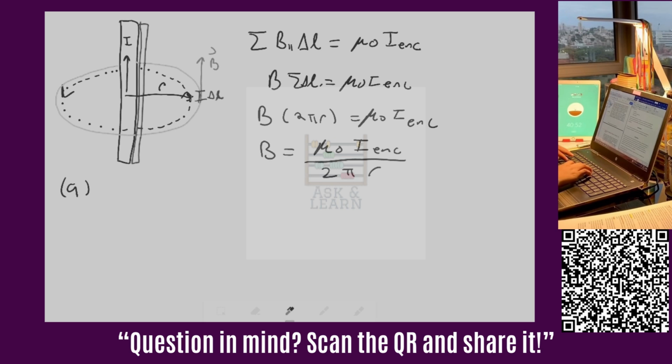Well, let's think about it. If we put a current in this green wire and we say we want it to go up as well, so we have a current inside the green wire going up, then it's going to have the current in the same direction as the current from before. Well, if they're going in the same direction, then the current enclosed here is going to be the sum of these. We're going to add these currents up because they're going in the same direction. So ultimately, when we calculate the magnetic field created by these two wires when the current goes in the same direction, we take mu naught,